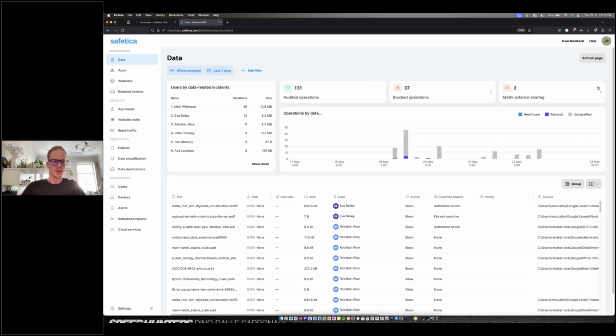So starting off here, this is our solution. This is Safetica. To be more specific, it is Safetica Pro, and this is the option where our DLP functionality comes into play. We do also have another variant, a lower tier of the solution called Essentials, which is purely just monitoring of the actions happening in an environment. If you actually want to restrict those actions one way or another, that's where Safetica Pro comes into play. And what we're seeing right now is just the standard data flow of what's happening on the endpoints where Safetica is installed.